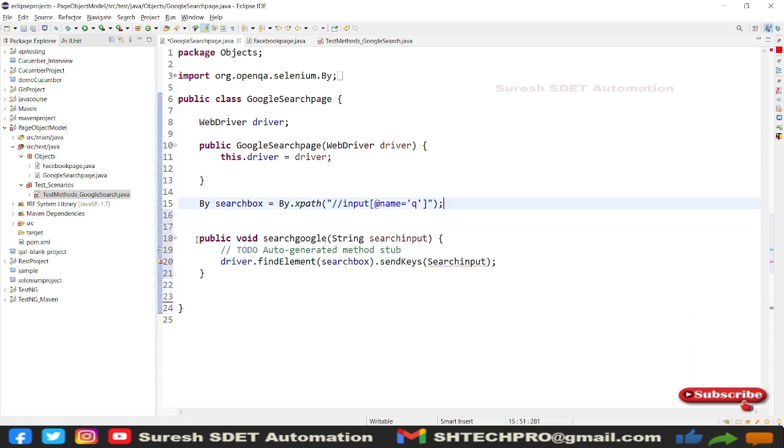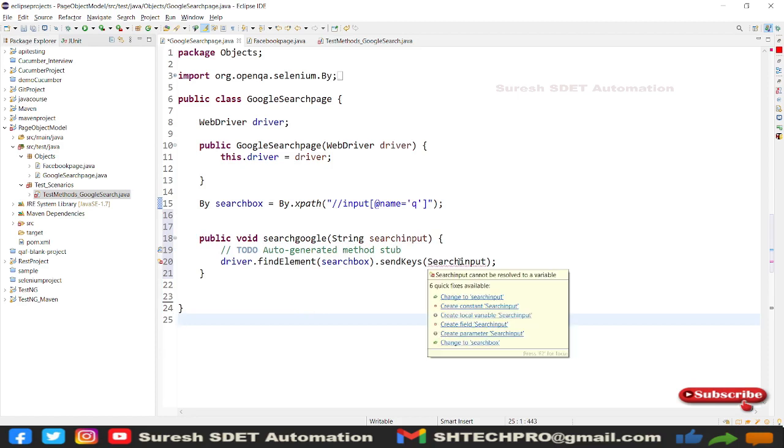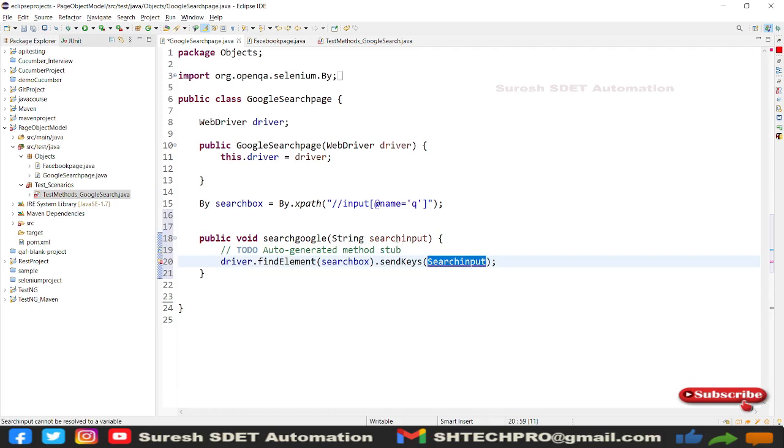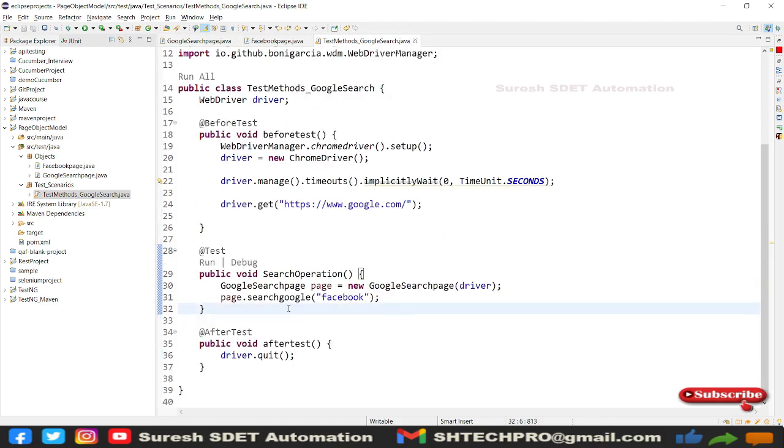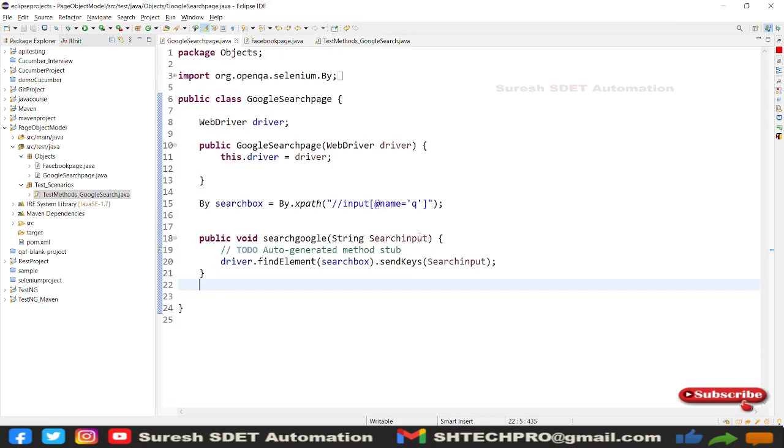I don't know what the drawback is here, but sometimes there is a problem in this. I think we have this search input, right? And now you can see the error is also gone here. So we did not have any error, but sometimes this will create some errors. So we need to recreate the same method.